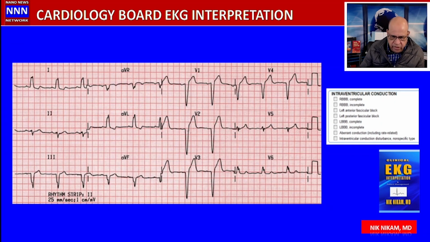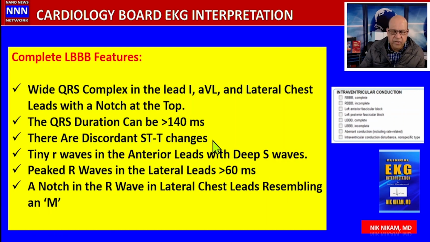left bundle branch block. As we can see, this wide QRS complex in 1 and aVL. We have deep S waves in V1, V2, V3, and again this wide QRS complex measuring more than 120 milliseconds. Along with that, we have left axis deviation, left anterior hemiblock. The left atrium doesn't quite meet the criteria for left atrial enlargement, but there are multiple findings here to suggest left bundle branch block. And here are some of the important features you need to be familiar with as far as